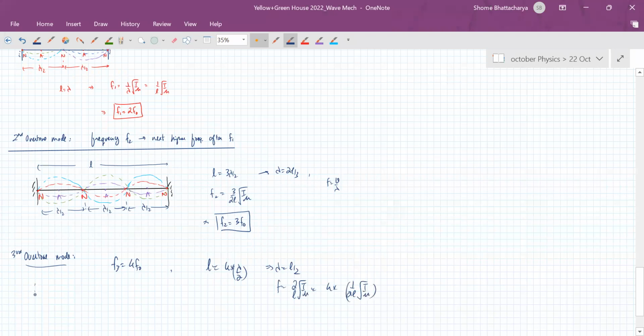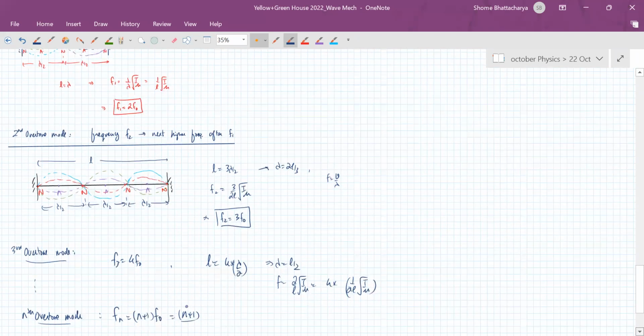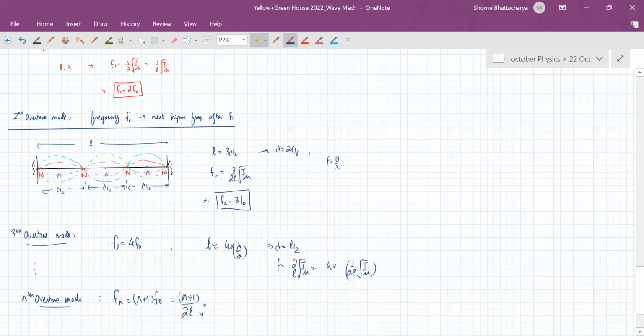So in general, if we continue this, we'll see that the nth overtone mode has a frequency which is given by n plus 1 f naught, or n plus 1 by 2L. The general formula becomes like this: square root T by mu. So the resonant modes, or what we can also call the modal series of frequencies,